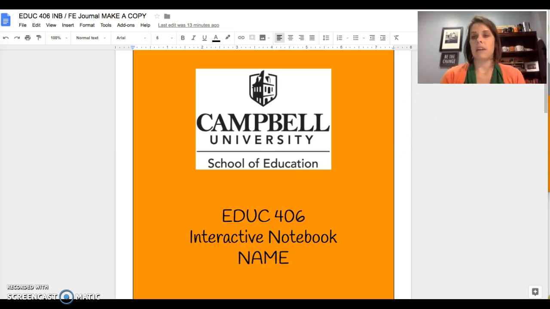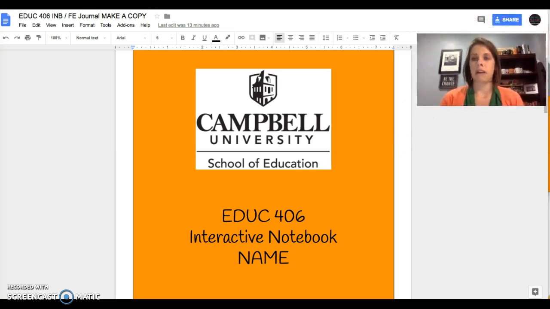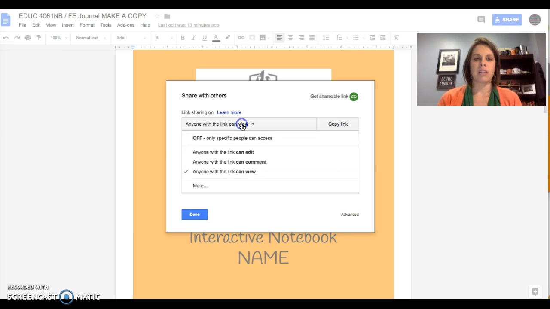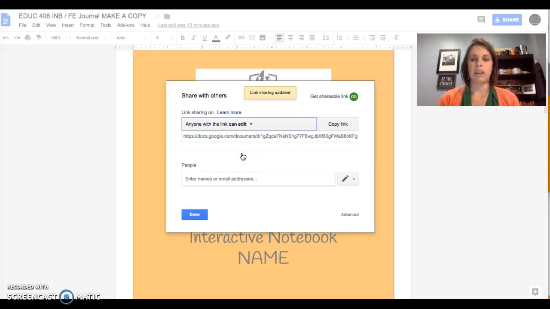Up here in the top right-hand corner, you'll see this share button. You're going to click on that. When you share, make sure that I can edit so that I can input my feedback and my comments to you.